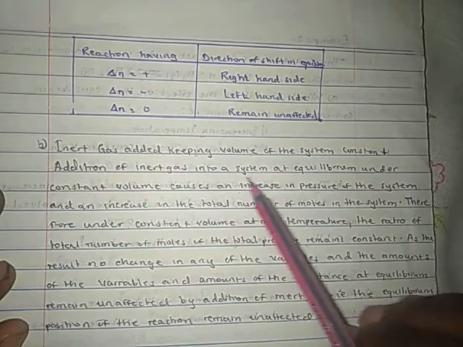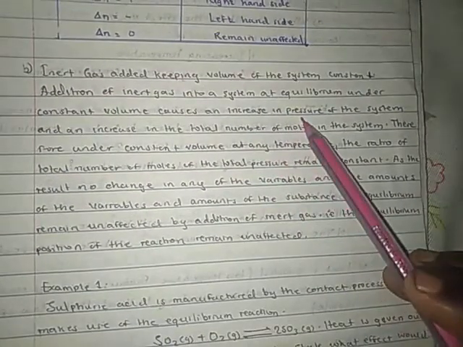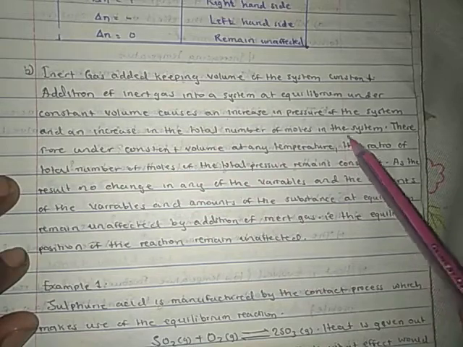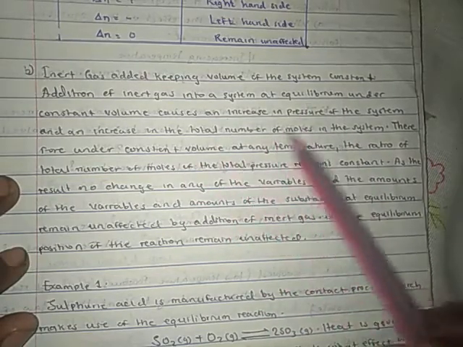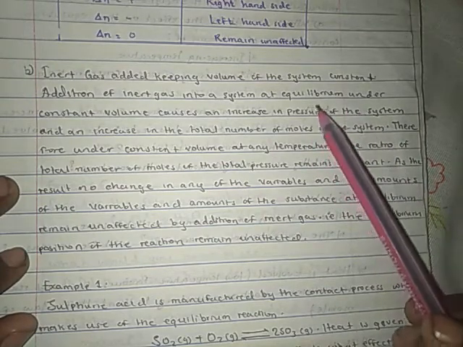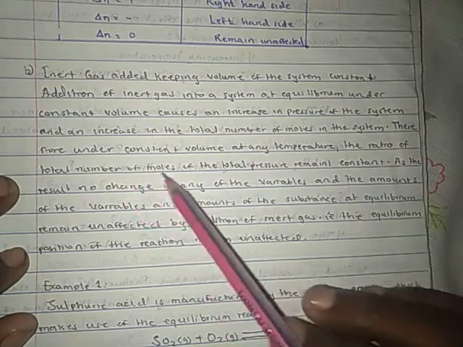Addition of inert gas into a system at equilibrium and a constant volume causes an increase in pressure of the system and an increase in the total number of moles in the system. Therefore, under constant volume, we have an increase in pressure and number of moles. Understand there: under constant volume at any temperature, the ratio of total number of moles